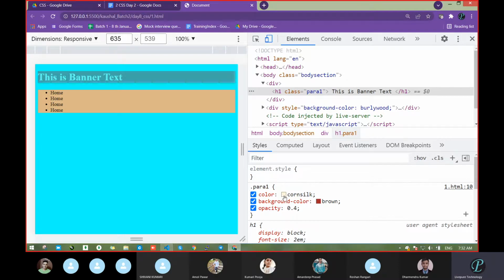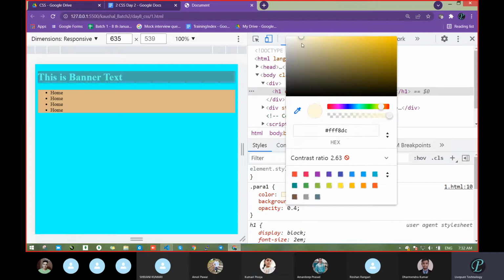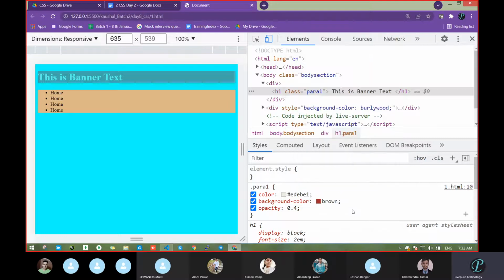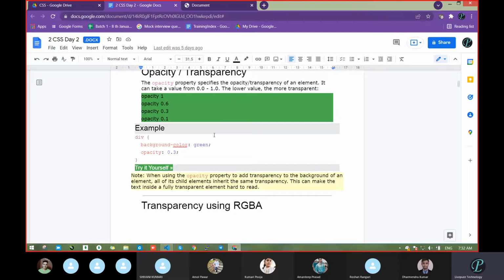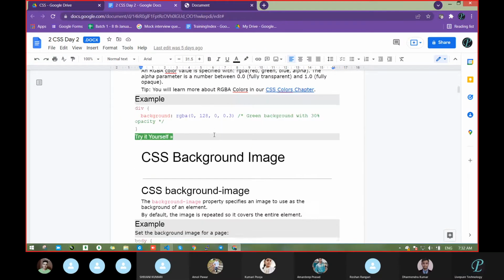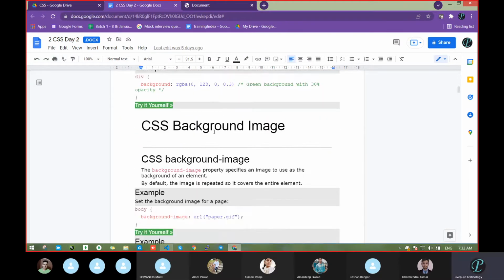If we want something different, you can go by this also, and select whatever you want, then also you will get it. That is also possible with the help of color, but it will not work exactly as opacity does, because when you work on images, then you will see how it comes out. So for the second, I think no one has any issue.